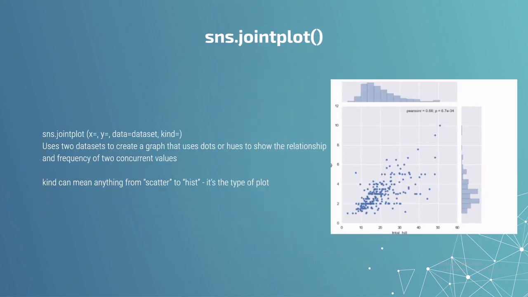The next type of plot we'll be looking at is a joint plot. Now a joint plot is a combination of both scatterplots and distplots, but you can actually make it a combination of whatever you want. The syntax for this will be sns.jointplot x equals, y equals, data equals, and then kind equals. Now for x, y, and data, it's obviously been switched from the order of scatterplot, which is one thing